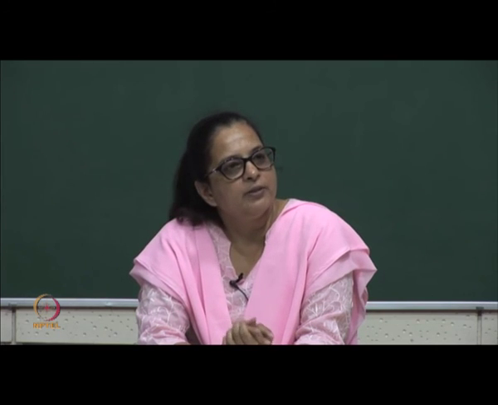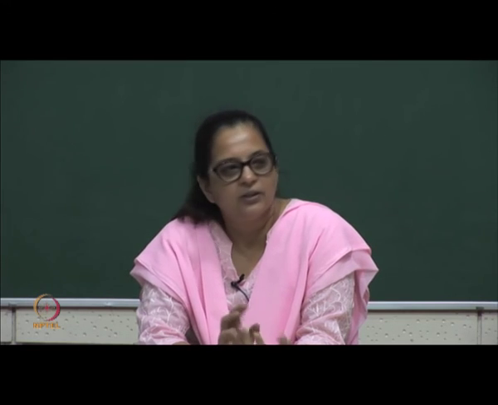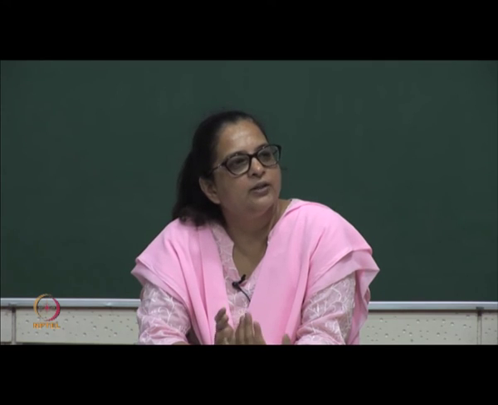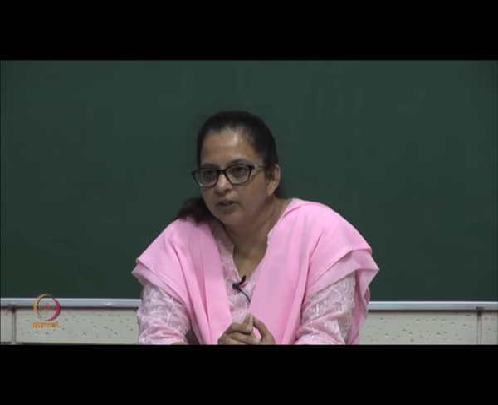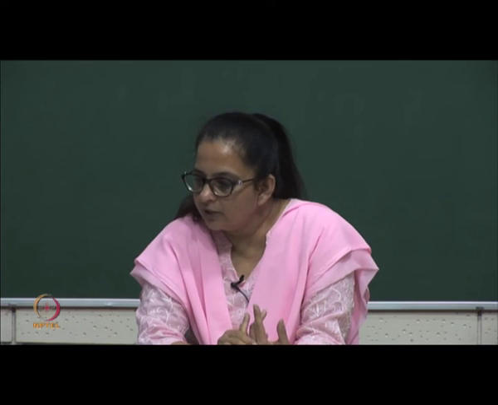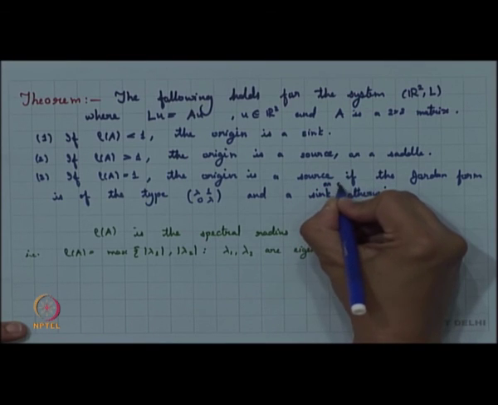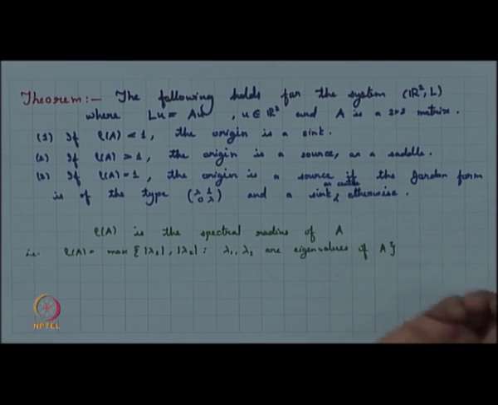And we have already seen what happens in the case when we have complex eigenvalues. In that case, the spectral radius being 1 gives you that the origin happens to be a center. So, the origin is a center. I have written a sink, maybe I should write it as sink or center otherwise, because that combines the other case also, wherever J happens to be the identity matrix. So, it is a sink or center otherwise. So, we have basically the structure of the dynamics of real linear systems on R square, which tend to be of this particular form.